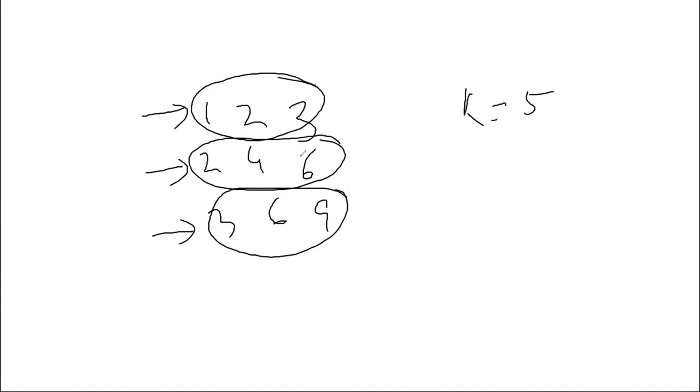So my candidate in my heap will be 1, 2, and 3, the representative of all these arrays. And K is 5. Let me pop out the smallest element. So I should also know from which array I removed this particular element. So you need to store that also, not just the value. You should also store something like this: this 1 is from the 0th index, this 2 is from the first index of the array, and 3 I added from the second index of the array. This is your array index.